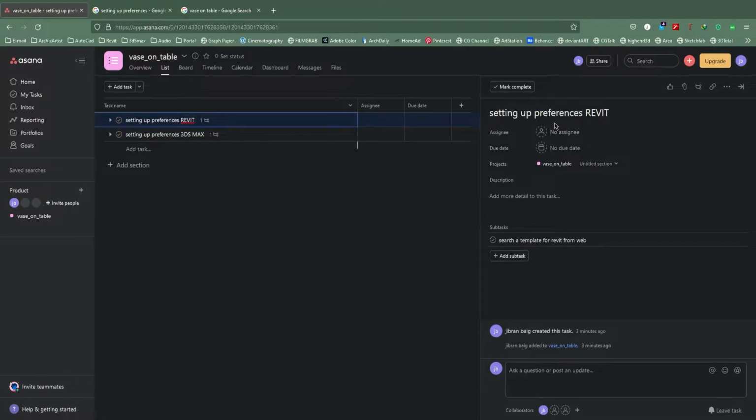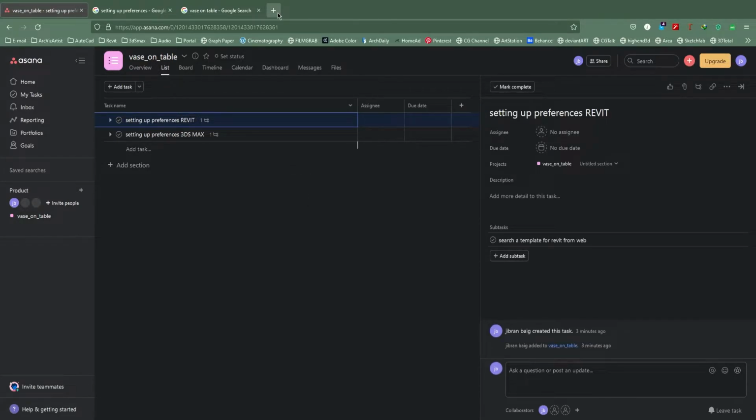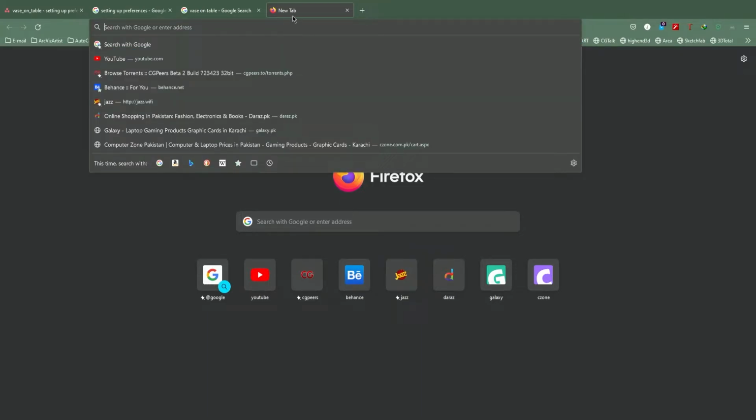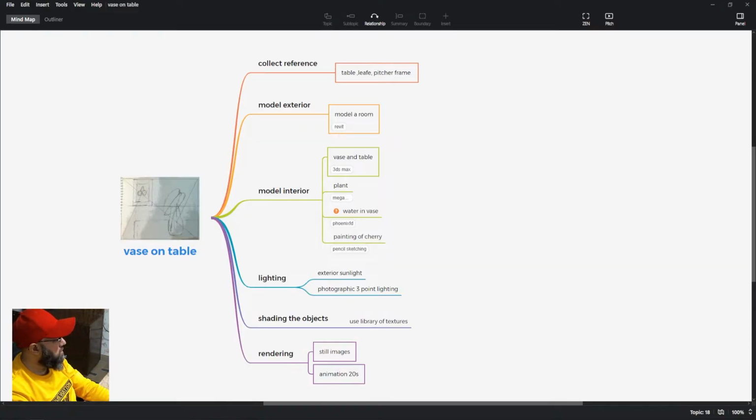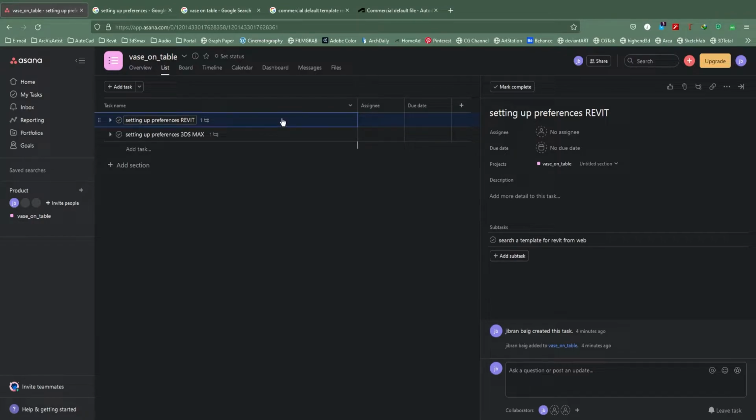And these are the two tasks that we want to be performing. We can set up the assignee and the due date. So when the task is done, you can just click it, and it's done. So, find a Revit template, and you can search the web, or you can download some basic templates from the Autodesk website. By the way, you can use default templates in Revit. Revit comes with a lot of default templates, but over a few years I do not know where I found this commercial default template, but now I have been used to this template, and I am going to set up the